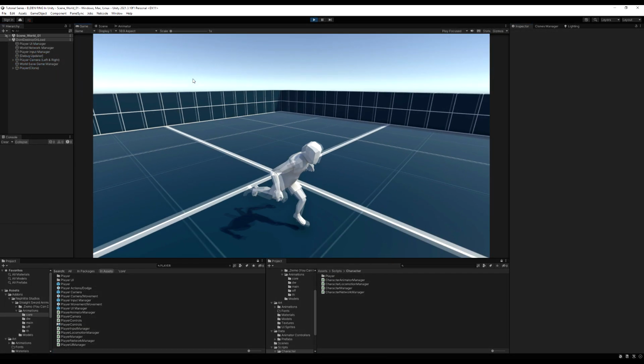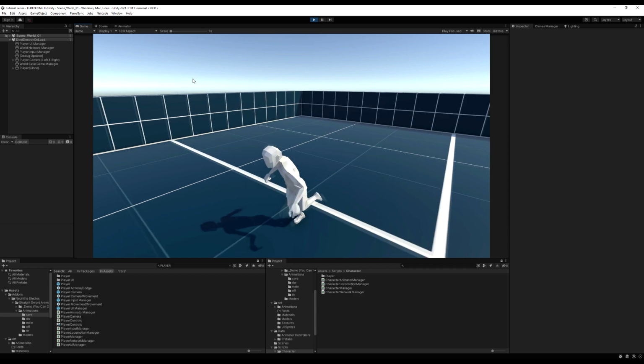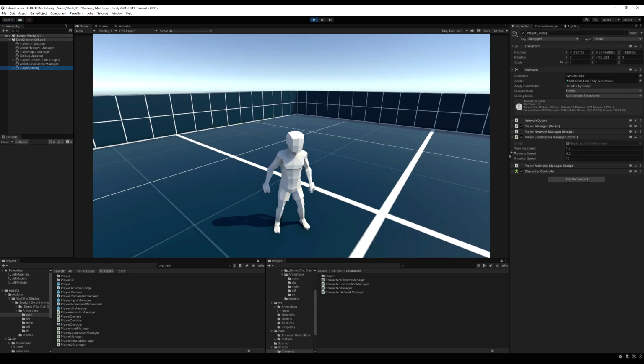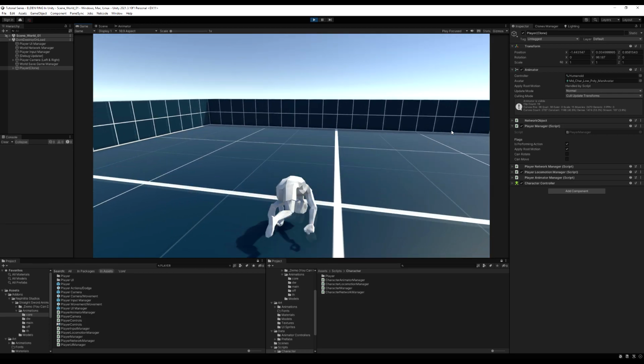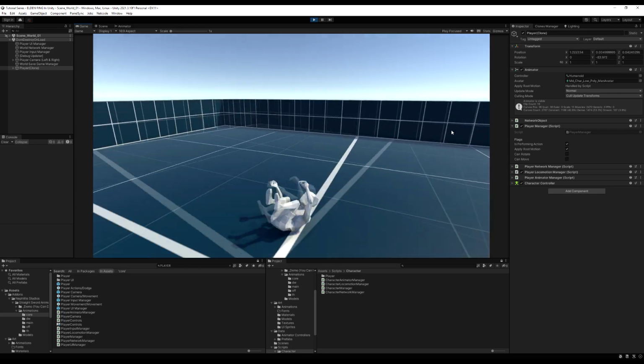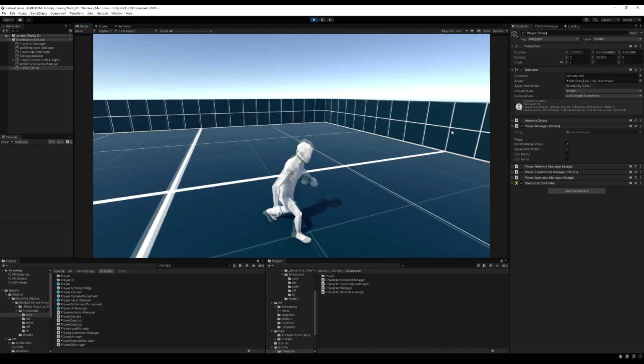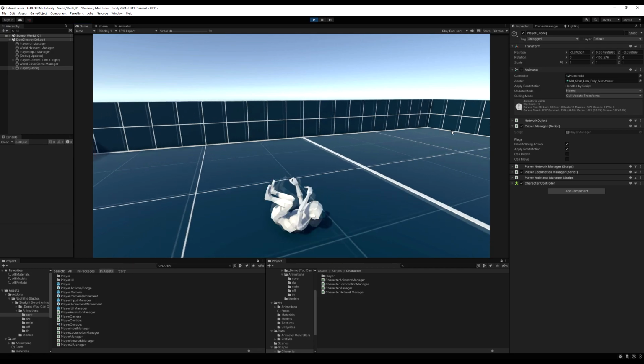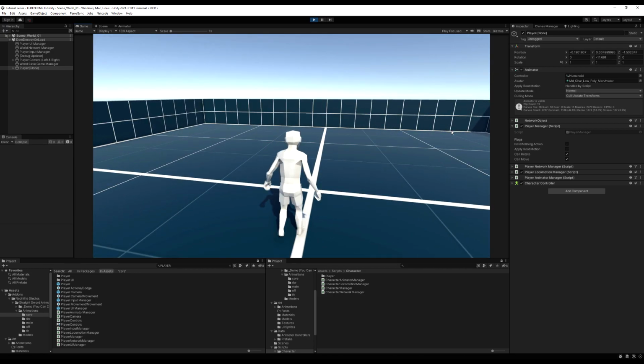Now if we go into the game, we can run around. And if we roll, you can see it locks us out of movement and rotation. And then it goes back to our regular movement after the animation has concluded. So if I open the player manager, you can see two bools. We are performing an action and we are applying root motion while rolling. And then when it stops rolling, we go back to not applying root motion and not performing an action. So that is working as intended.